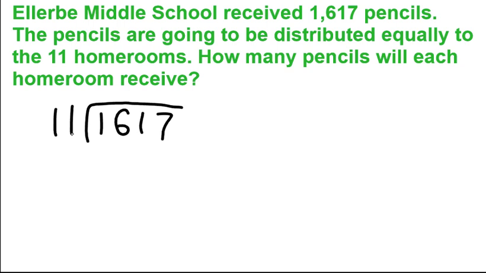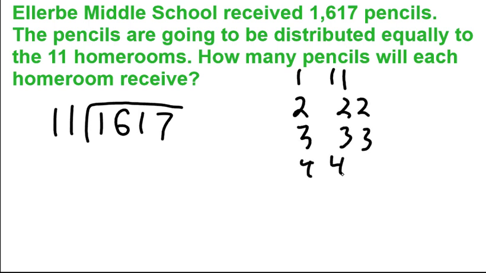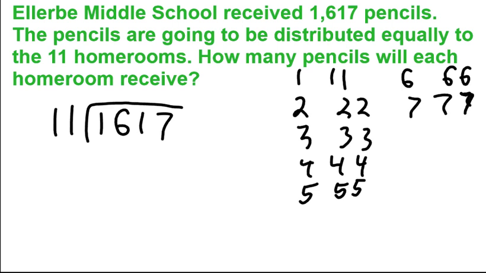So if you do that number times itself, or just kind of adding it up 9 times, so we'd have 11, and that's 1. 2 would be 22, 3, 33, 4, 44, 5, 55, 6 times 11 would be 66, 7 times 11, 77, 8 times 11, 88, 9 times 11, 99. So 11's a little easier of a number, but sometimes if you're dividing by 16 or 17, if you just